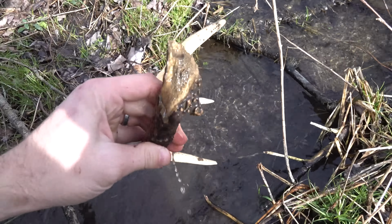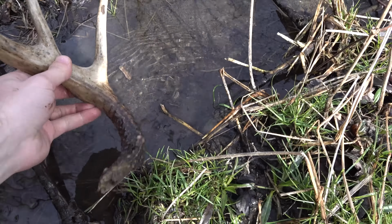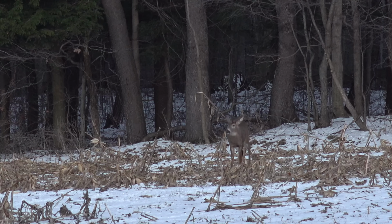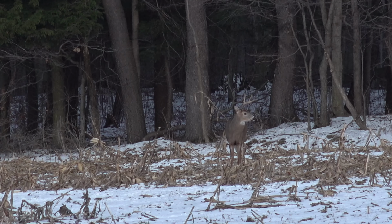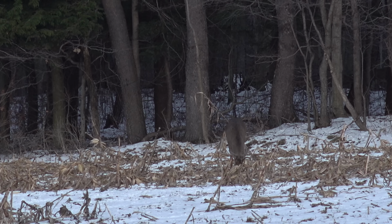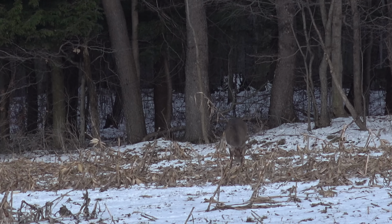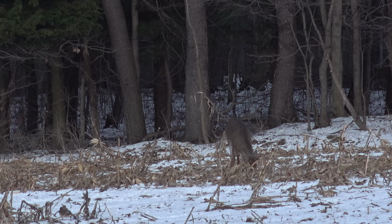This is a horn that is snapped off, and I know exactly what buck this is. This is a deer that we actually had numerous encounters with. Monty had it come out in the food plot a couple times, and Kaylee had it come out in the food plot while she was hunting. And I had this buck in Cherry Ridge right across the road quite a bit in the